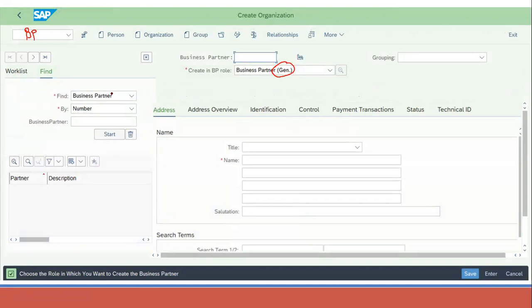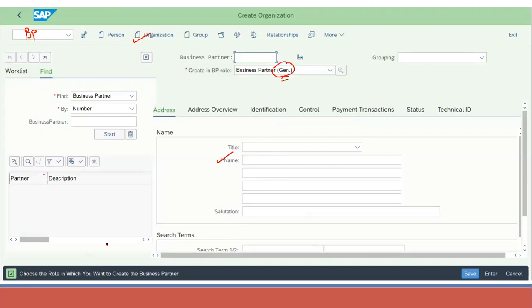If we put this T code, this screen will appear. Here we have to select organization for creating the customer or vendor. We select organization, and here we have to create a business partner, that is general data. Here we enter the name of the company, then vendor address, street address, the country, region, postal code, city. So all the basic information regarding the vendor we put in general data. And once we create the general data, then we will extend the BP role.